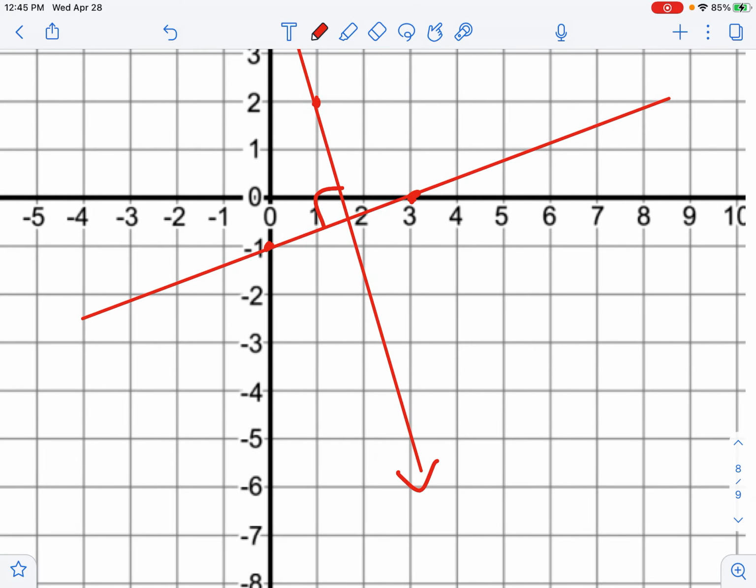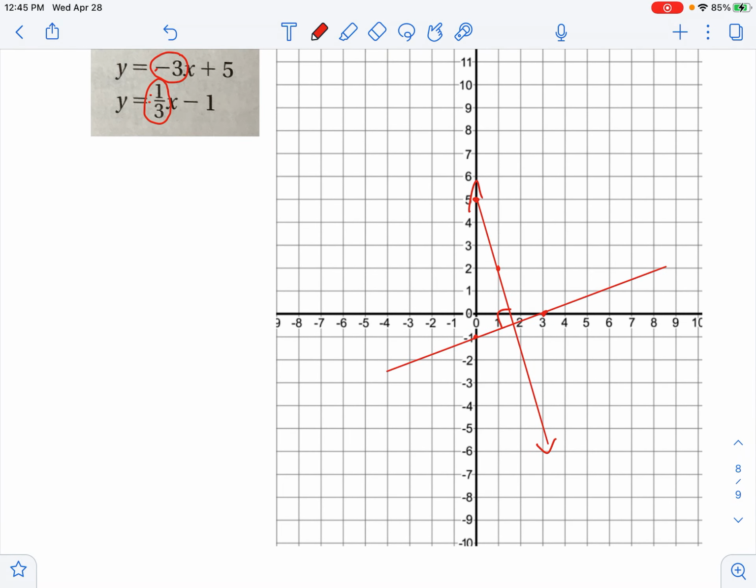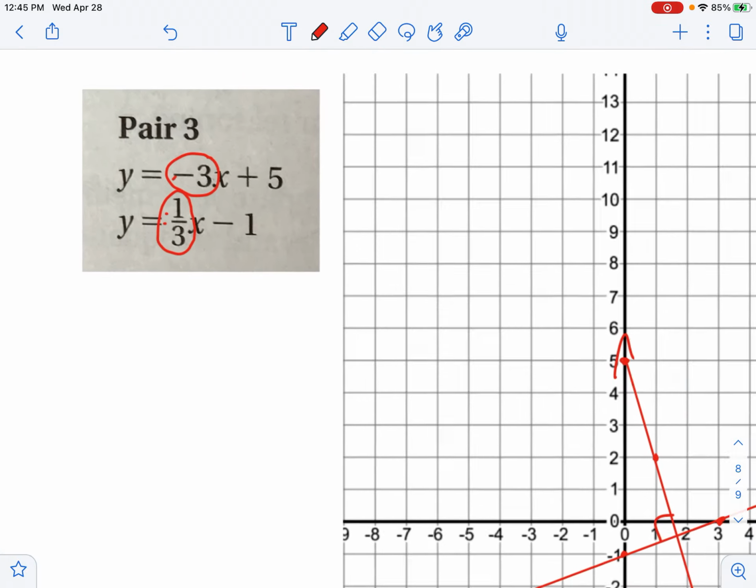And they are perpendicular. Nice. Yeah. So make sure you get your T-charts, make sure you get everything situated, and that should be perfect. All right, a couple things you're